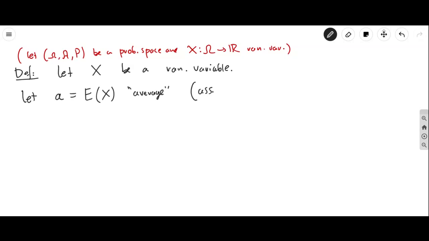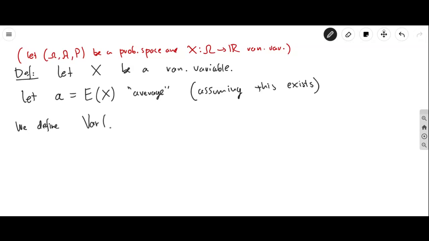And this is, of course, assuming this exists. It does not have to exist. If the expectation does not exist, then the variance will not exist either, because the variance depends on the expectation. And then we define